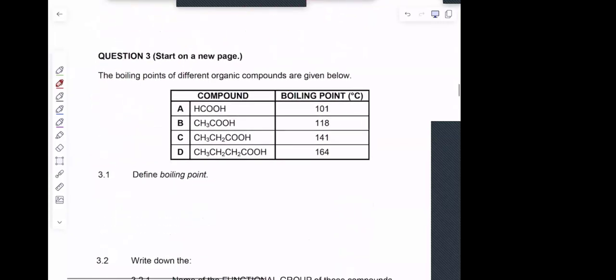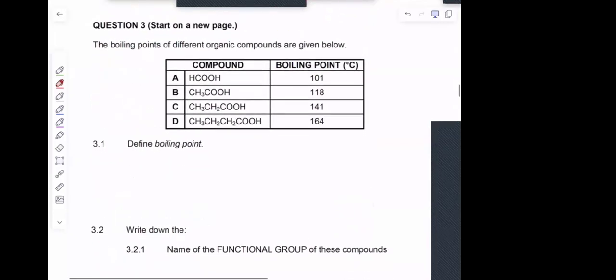Okay. So question 3, we've got now here, it says the boiling points of different organic compounds are given below, right? So we've got all of these ones here, HCOOH, we've got CH3COOH, we've got CH3CH2COOH, CH3CH2CH2COOH, and we can see the boiling points keep going up. 3.1 says we need to define the boiling point,